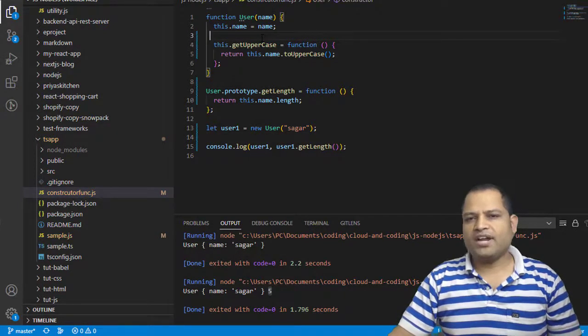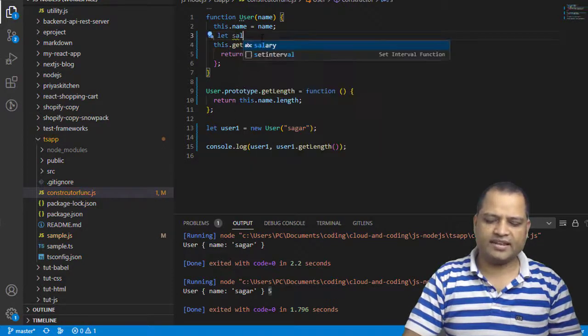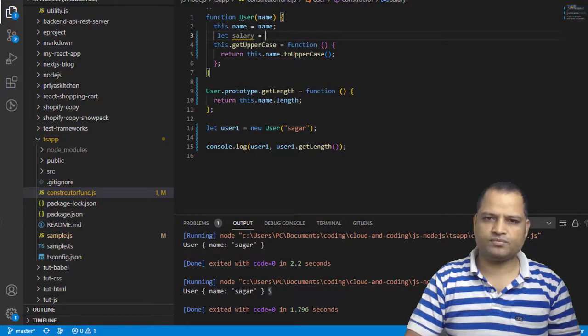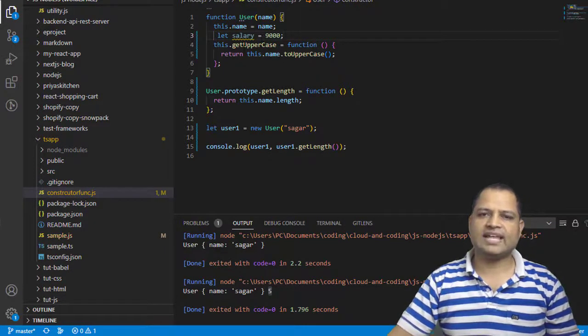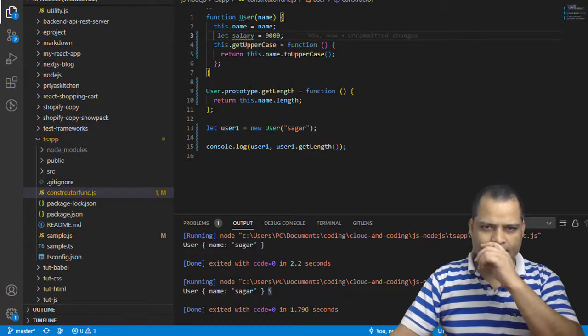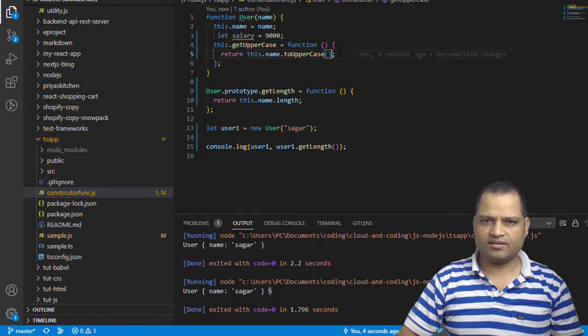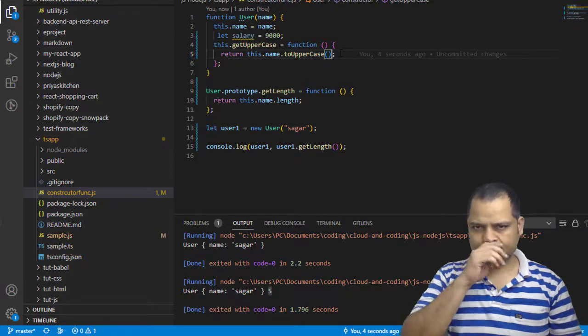But if you want to hide some members, you can do this: let salary = 9000. Now you can't access this salary from outside of this User function, but you can definitely access it from inside this function. So you can do something like this: salary,